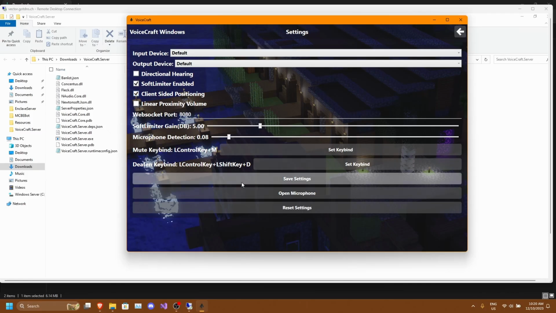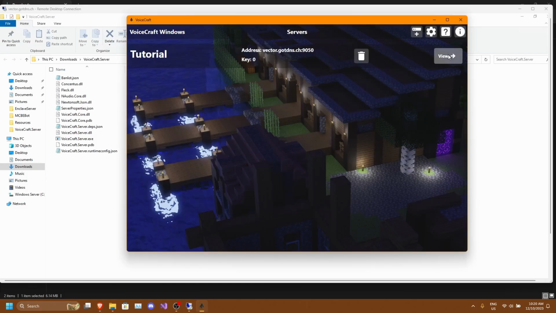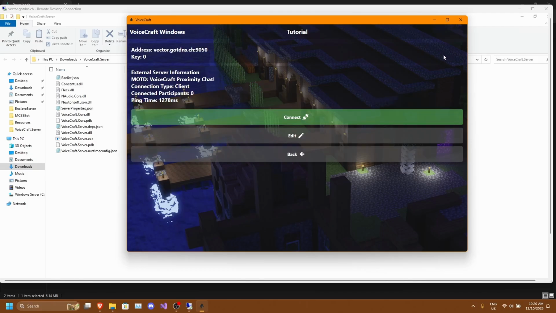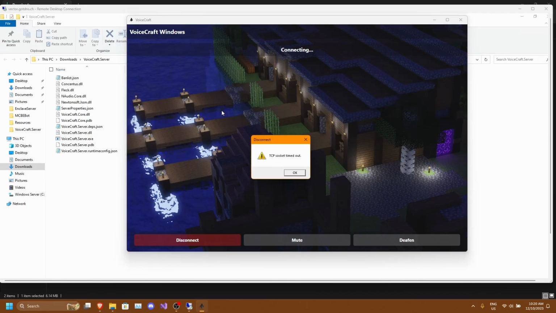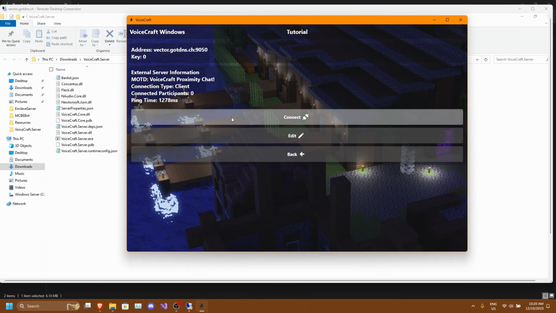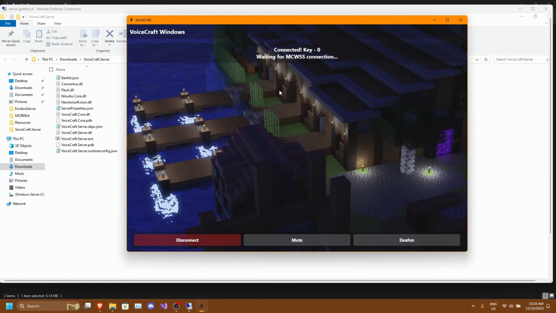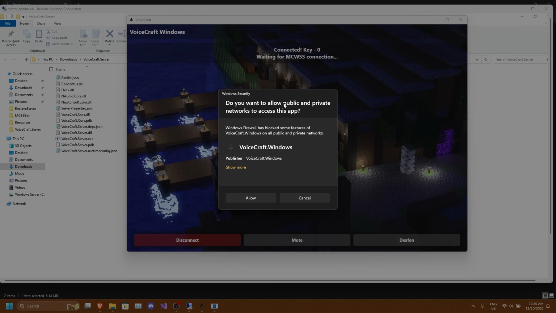So after you've toggled this, then click on the arrow, click on View, and then click on Connect. And of course, sometimes it does time out since my internet is slow. But once it is connected,